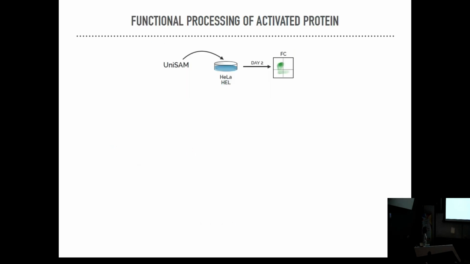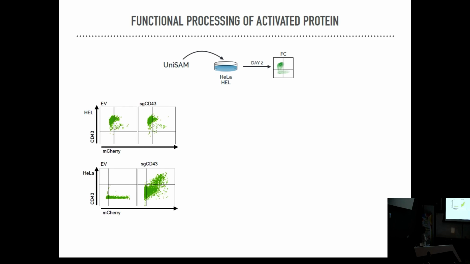Then we went on and we wanted to check also if, okay, you get the expression of your protein, is the protein then functional somehow? So we picked a protein that after being expressed has to go to the membrane of the cells. And in this experiment, we also wanted to test if the expression was really physiological. So we picked one cell line which expressed the gene and one cell line that does not express the gene, to activate the expression of this gene.